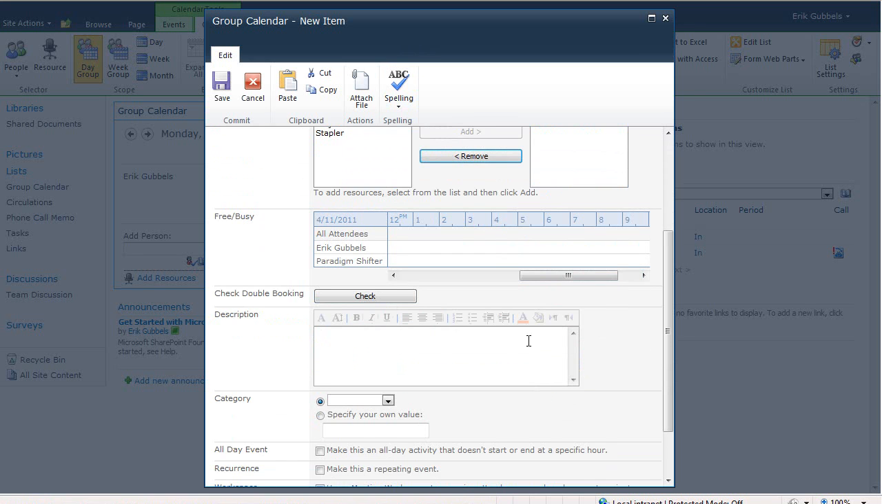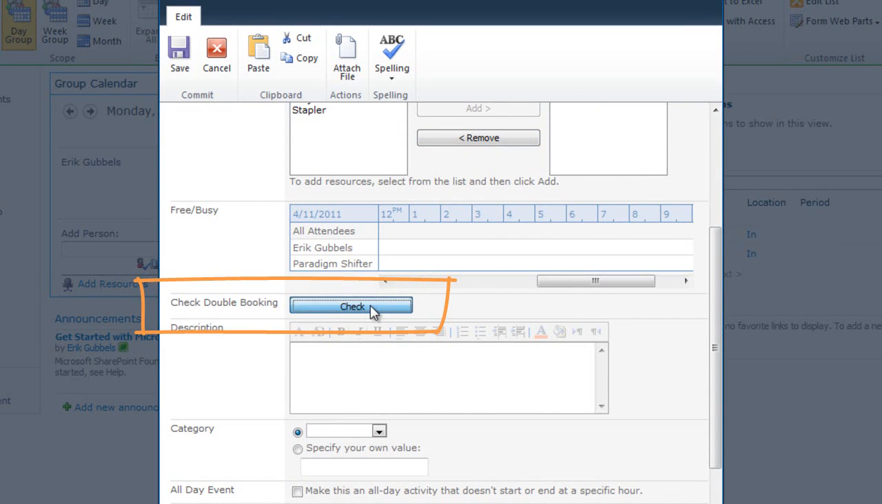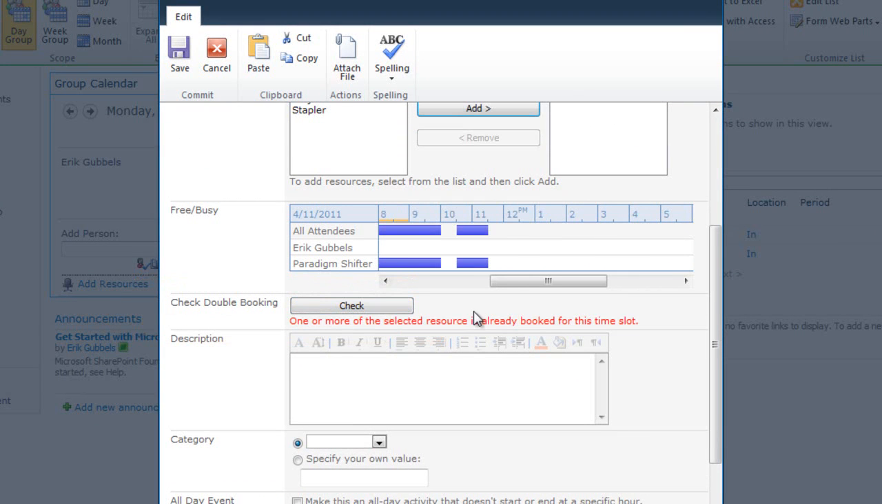And then I really need to check to make sure that there's no double booking. So I'm going to go ahead and click the check button. And I'm finding that one or more of the selected resources is already booked at this time. That's the time I'm looking for, and this is the time that it's already set up. So I'm not able to actually do this at this time, which means I need to go change my time,